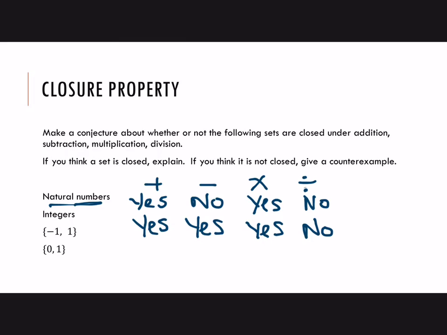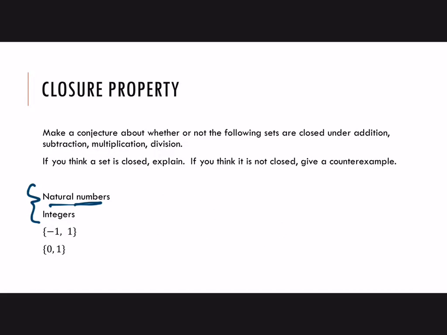Okay, now the next two, these are finite sets. The first two were infinite, and there's no way to really check all of the different combinations, so we had to just look at some examples and then make a conjecture to decide whether or not we think that would be a true property for all numbers in those sets. Now the finite ones, we actually can prove deductively whether or not these sets are closed. And what we can do is make a little table to check all of the different combinations of those numbers under these